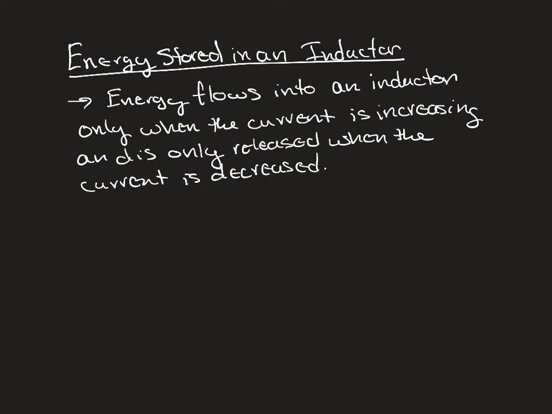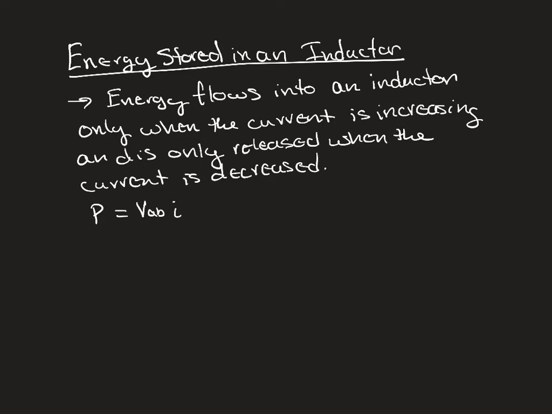Alright, so our next goal is to be able to actually calculate how much energy is stored in the inductor. Once you've changed the current, gotten the energy in there, and then you have the current be steady, what energy is in there? Now, because the current is changing with time, and our goal here is to get to potential energy, because potential energy is stored energy, we actually have to go through power to get there because of that dt at the bottom of our relationship for the induced EMF. So we're starting with the idea that power is equal to VAB times the current, and